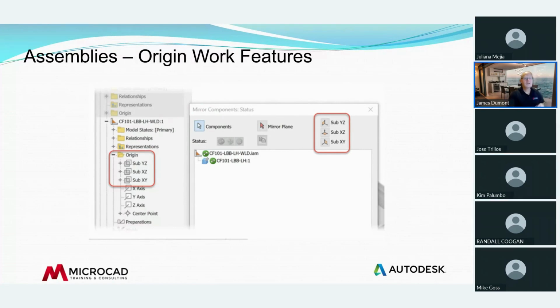That's all right. So in assemblies, and for part files, this is the origin. Now, I'm not a huge fan of doing this, I don't normally do this, but you have the ability, and it's not new. You can rename the origin planes. In this example, you can see that it's sub YZ, sub XZ. You can rename that, my XY, JD's YZ. You can rename all you want. The problem was,